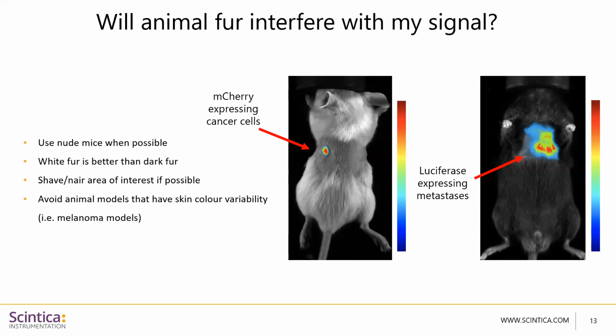And that can really be a struggle, because all of those patches of different color are going to interfere with the signal differently. So I would say try to avoid this if possible. I know it can be really hard if you're a melanoma group, and these are the models that you're working with. If you absolutely can't avoid it, I would recommend narrowing early, even before inoculation, to try and see where